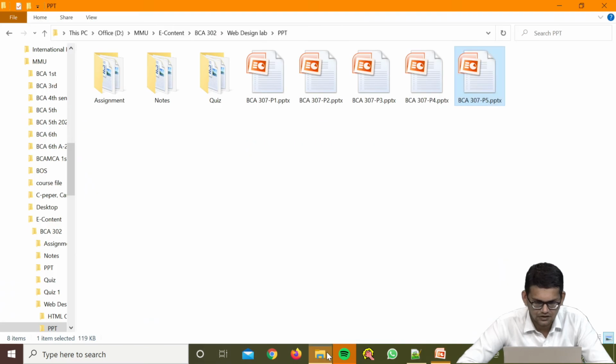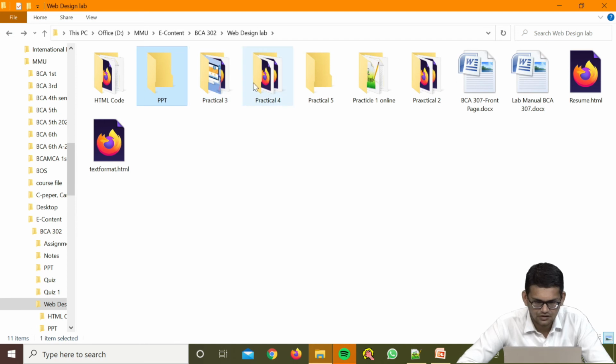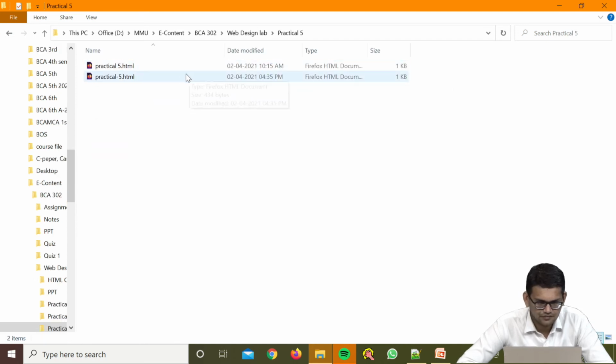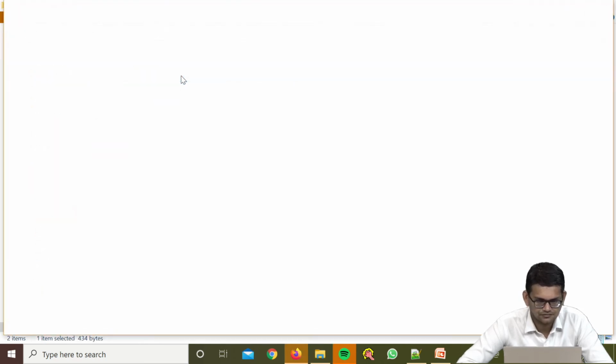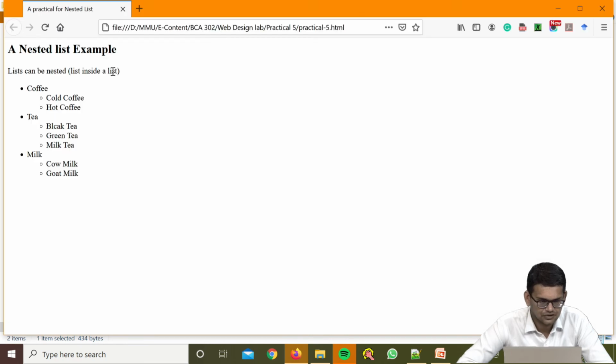So for this let's move towards the practical where we have saved it, practical number 5, and this is the code. So you can see here that we have named this as a practical for nested list. This is the heading.